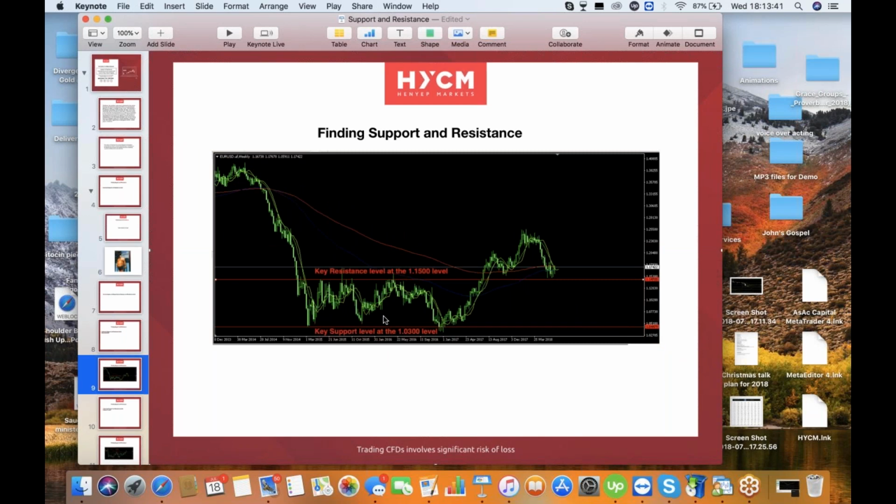This is on the weekly chart at 1.0300. That level was tested here in March 2015, tested October 2015, tested January 2017, and on the upside you've got a key resistance level at 1.1500. Again, you want to be looking at these key handles to get a sense. Any number with a 00, 500, 600, 700,